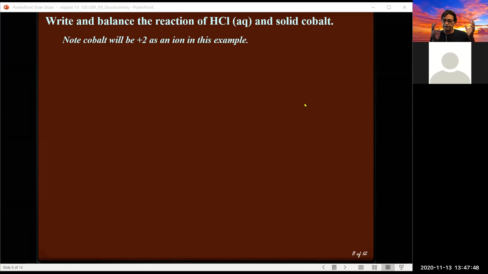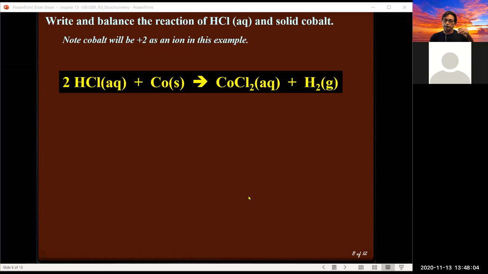Cobalt is not of the 16. Remember, the 16 have a constant oxidation state. Cobalt, all the other ones varied depending on the conditions. So they're having to tell you here, cobalt is in the +2 oxidation state. And so the reaction is hydrochloric acid plus cobalt gives us cobalt